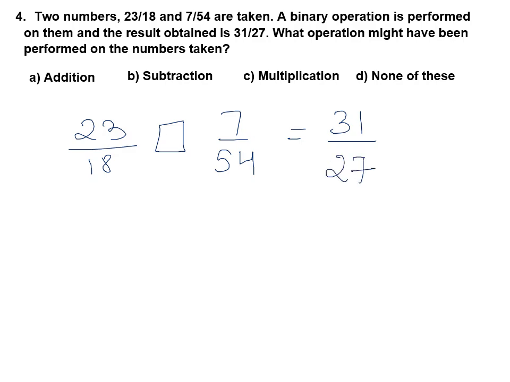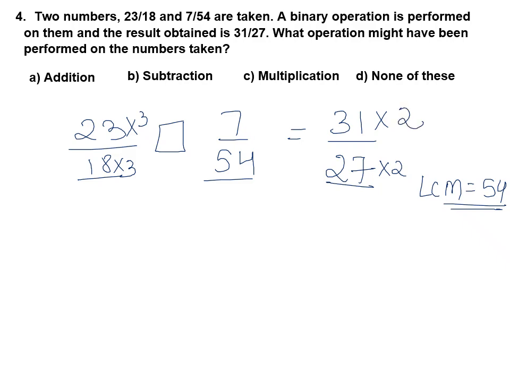राइट? तो अब हमें पहले तो हमारा डिनोमिनेटर होना चाहिए 27. तो हम तीनों का 27 नहीं बना सकते, 54 को भी 27 नहीं बना सकते, तो 18, 54, 27 का एलसीएम ले लेते हैं जो कि 54 होगा. तो हम सबको पहले लाइक फ्रैक्शंस बना देते हैं. 18 इंटू 3 तो इधर भी मल्टीप्लाई बाय 3, 27 इंटू 2 तो इधर भी मल्टीप्लाई बाय 2. दैट मीन्स